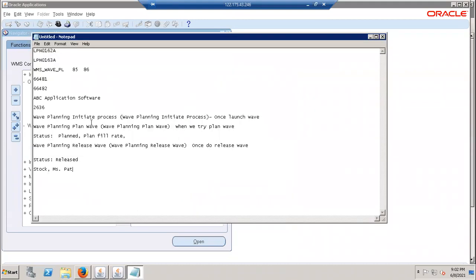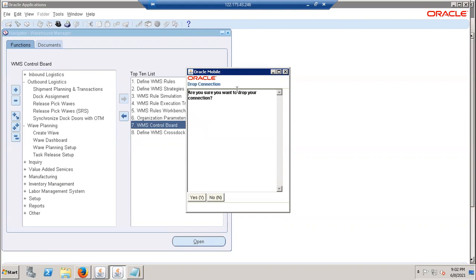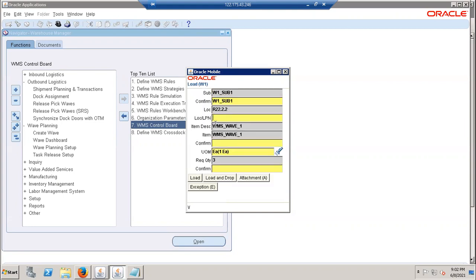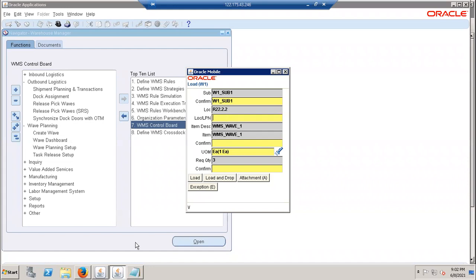LPN. You can generate a new LPN if you want, no problem. Okay. Yeah, hit Control G. What are you trying to do? Control G is not coming. Control G for new LPN, right? It is not coming up. Okay, it is for the wave 1 LPN, right? Go ahead and do the LPN, no problem.